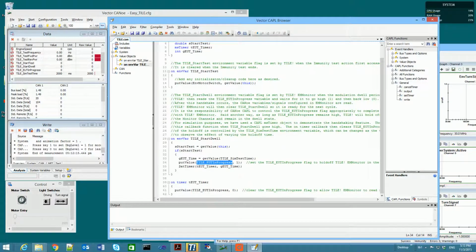This is how the handshaking works, where Canoe is communicating back to tile to tell tile when the test is in progress and when it completes. So you can see what happens here is that we look at the value, similar to before. We call get value, and here we call get value of this, which means the variable that we wrote the callback for, start dwell, and we say if it's true, then